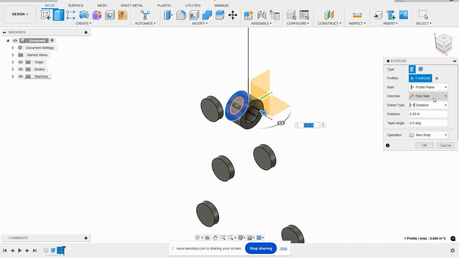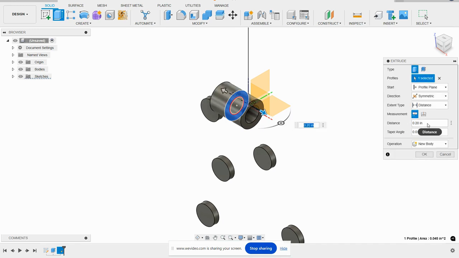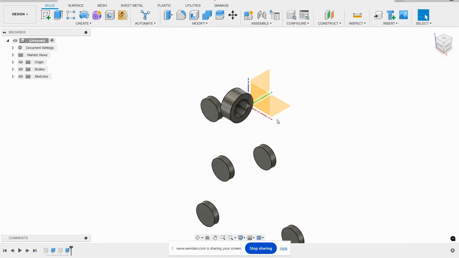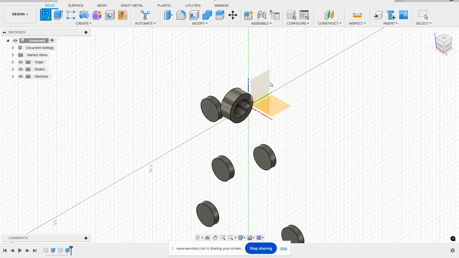Now, when I do my extrusion, I am going to make sure that this is a symmetrical extrusion. And I'm going to say my whole length on the top ring itself is going to be 0.125, just like so. I'm going to go ahead and say okay. All right, so while I'm here, I'm also going to go ahead and create a sketch on the same work